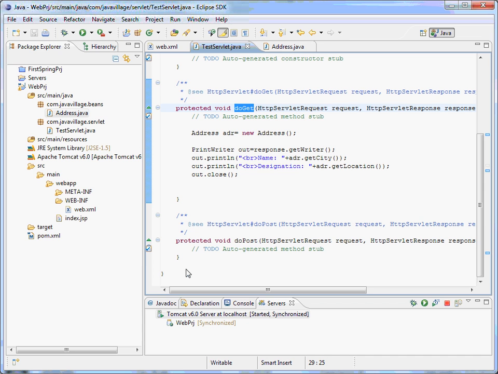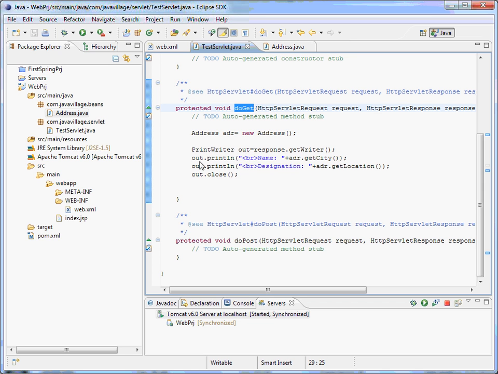So I'm just trying to form a response. To form a response in the window, we have a getWriter method in the response. So response.getWriter will give a PrintWriter, where it will form our response for the window.